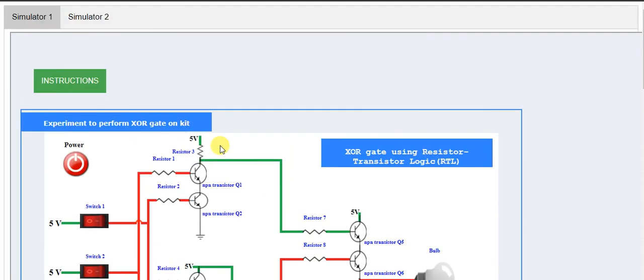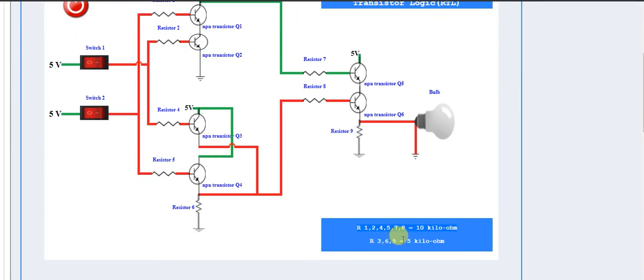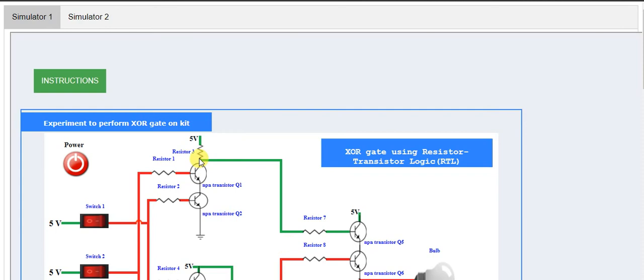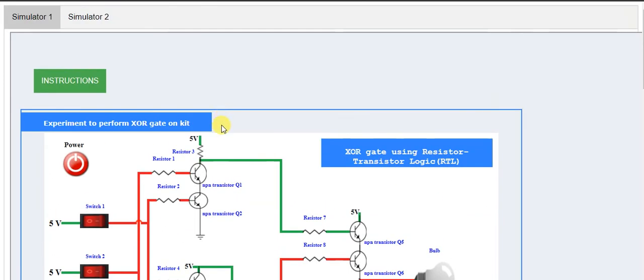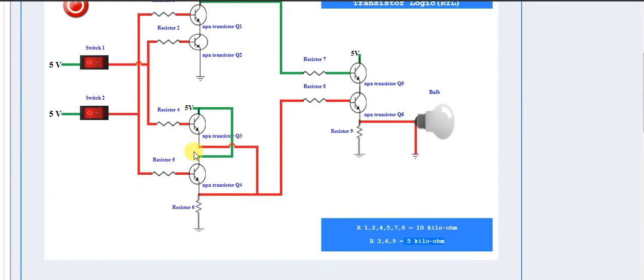Similarly, resistors 3, 6 and 9 are 5 kilo ohm, which are lesser resistance values. That means these three resistors will allow a lot of current. Resistor 9, 6 and 3, these are of 5 kilo ohm.